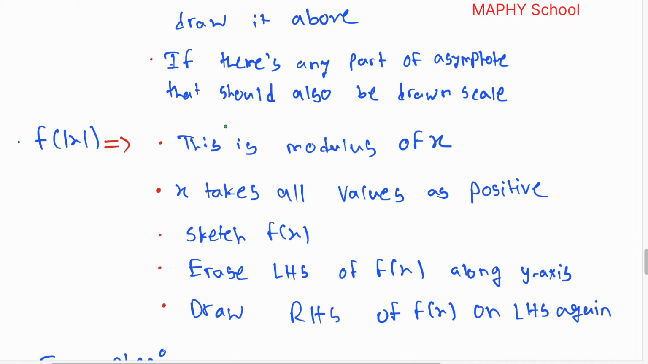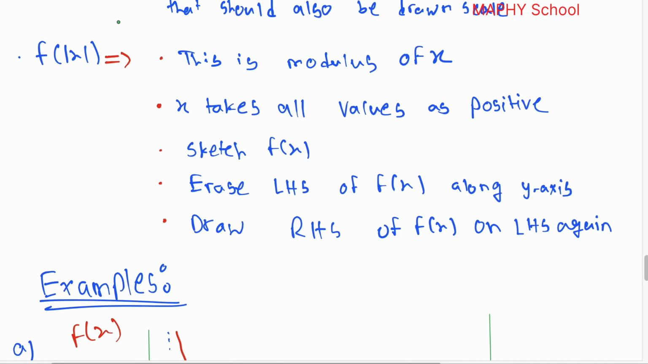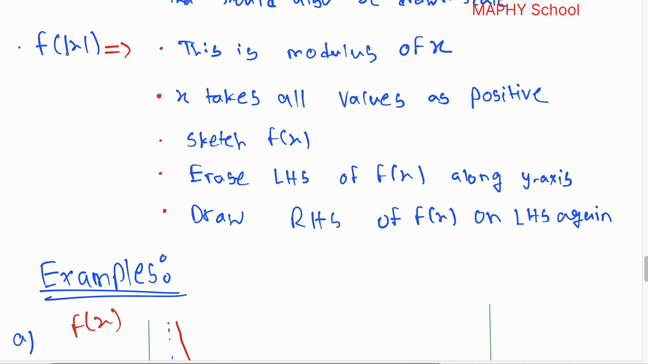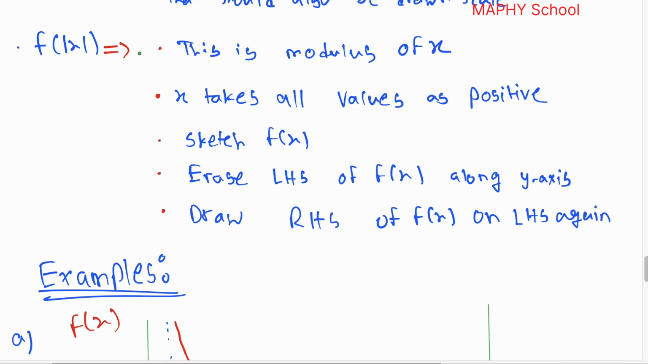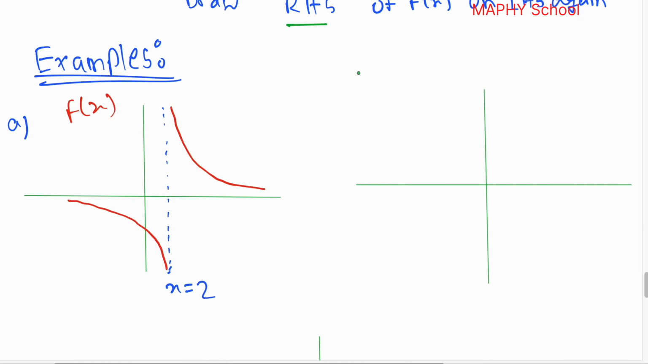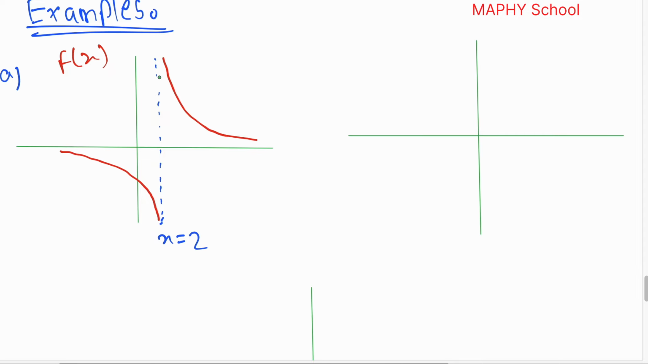Some examples are there. Now we have another modulus curve, which is f of modulus of x. This is modulus of x. X takes all values as positive. Sketch f of x, erase the left hand side of f of x along the y-axis, and draw the right hand side of f of x on the left hand side. Now we are supposed to draw both f of x whole modulus and f of modulus of x